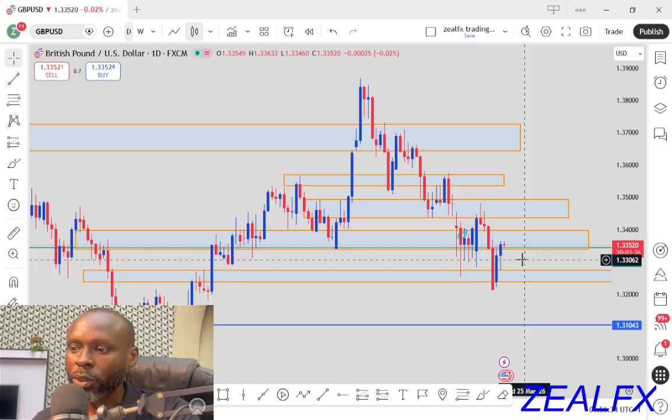So how do you take this trade? So long as we have price on this resistance level, we can't just jump in on this particular trade. We need price to give us a good setup for us to take this trade. So we have to be patient and wait for price to give us a good setup for us to sell the pounds USD to the downside. So let's look at the next pair, which is the